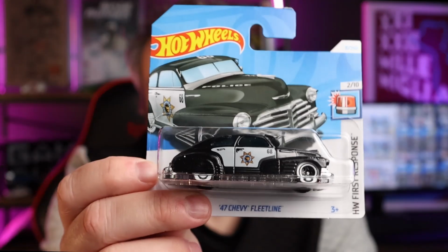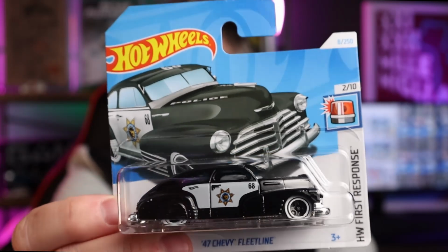basic treasure hunts. I hadn't found a lot of this year's basic treasure hunts on the shelf. One of our retailers actually restocked with some A-case. I walked up to the lady unpacking the shelves box for box, and there was some Barbie stuff in there, some Matchbox stuff in there, and there was one Hot Wheels case which I couldn't really catch the case code until she started unpacking it. So I was able to go through it car by car and managed to snag my first 2024 A-case treasure